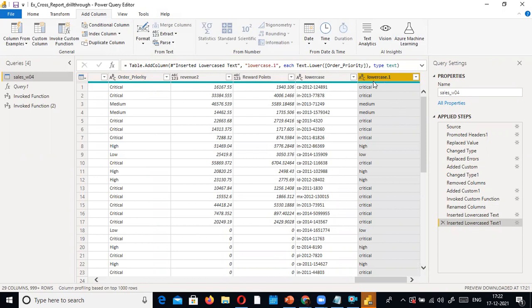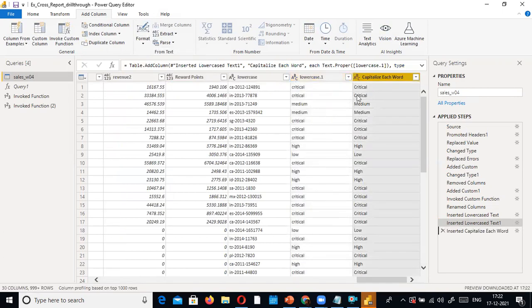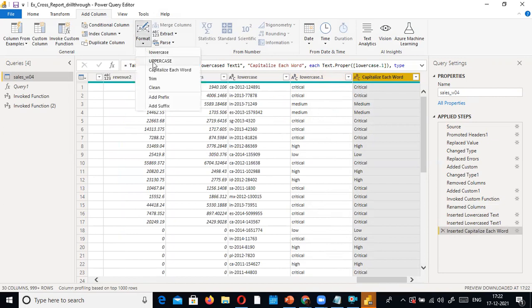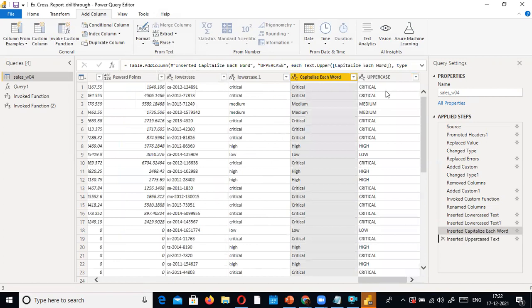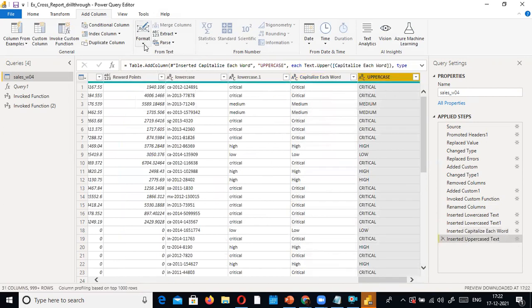Or you don't want lowercase, all the first letters should be capital. Go to format and click capitalize each word. Look here, only the first letter became a capital letter. And again, you just play around like this, okay? Uppercase, you want to convert everything to uppercase, you can do it. Okay, format.